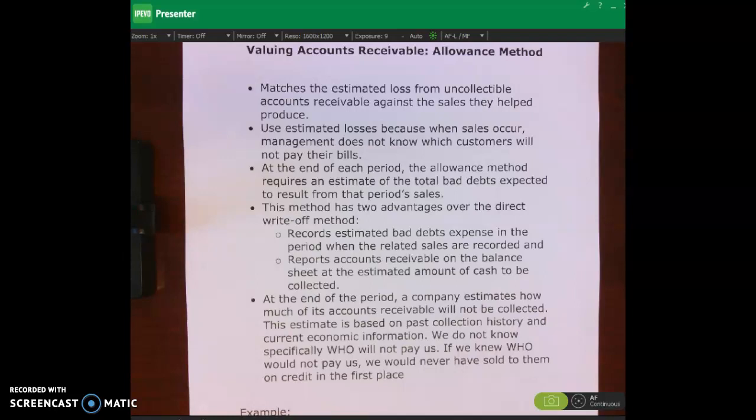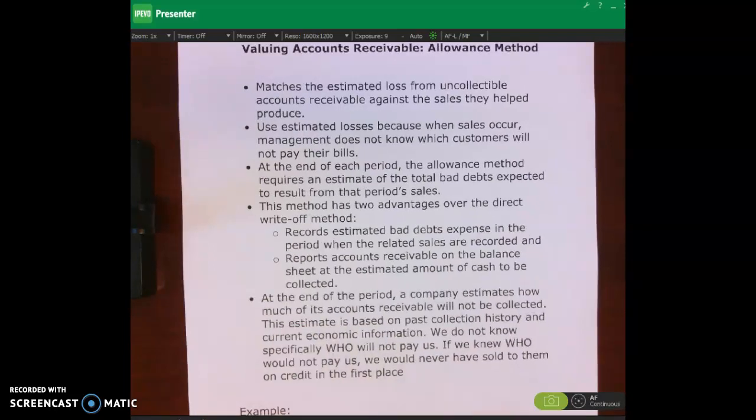Okay? So I've kind of given you a really high overview of the allowance method, and what we're going to do now is do some example problems. Okay? Before I do that, I did want to touch on this bullet right over here. It says at the end of the period, though, the customer is going to estimate how much accounts receivable will not be collected. That could be based on past collection history, maybe percent of credit sales or percent of outstanding